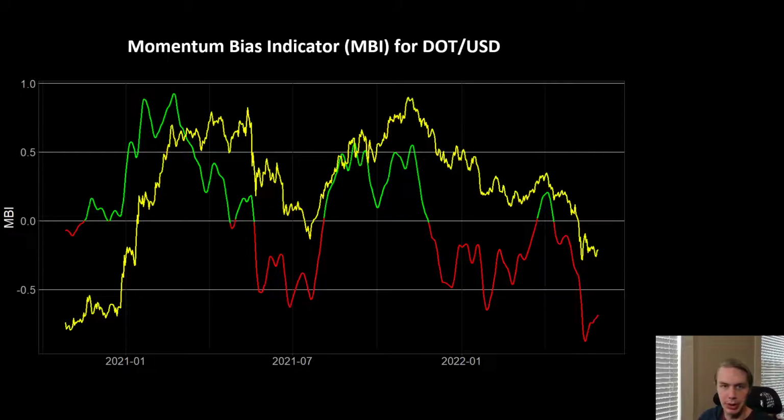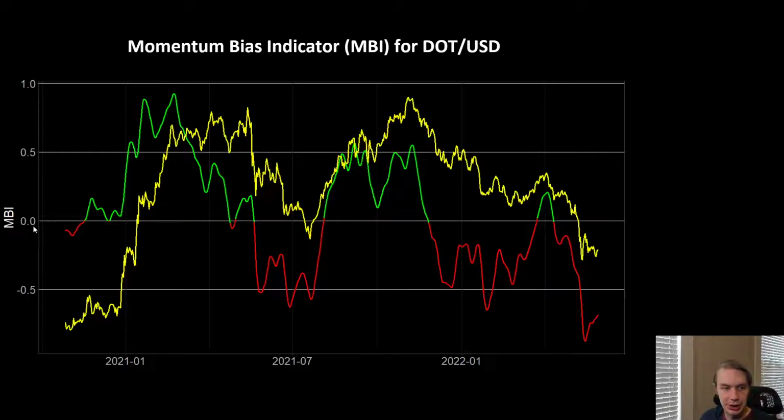So I want to start with an indicator we have here at the channel called the Momentum Bias Indicator, or MBI. If you're not familiar, this is an indicator that is trying to document the prevailing momentum in the market. So is the prevailing momentum to the upside or to the downside? And that's what bias means: if you're in a positive momentum regime, then any momentum pushes back to the downside just quickly get reversed, pushed back up. Whereas if you're in a negative momentum regime, any pushes to the upside just quickly get pushed down further.